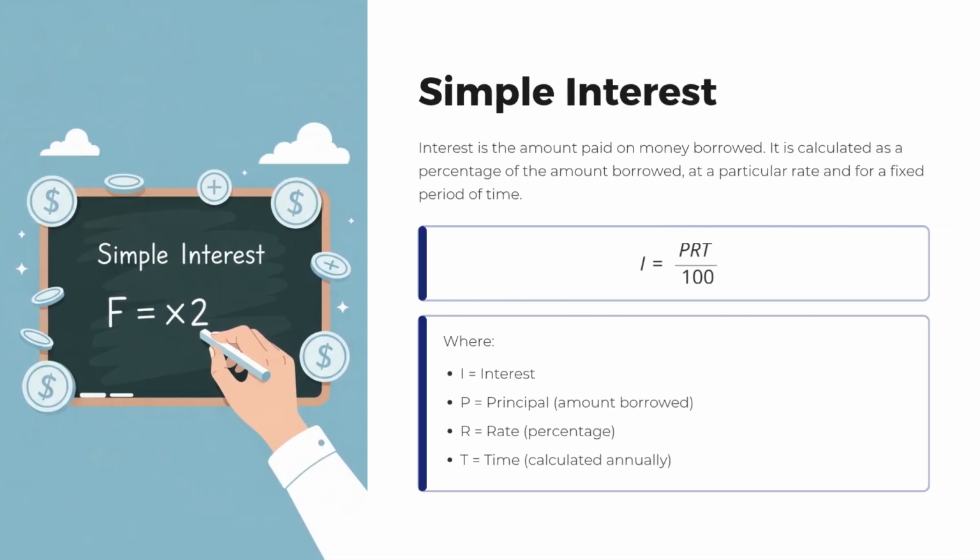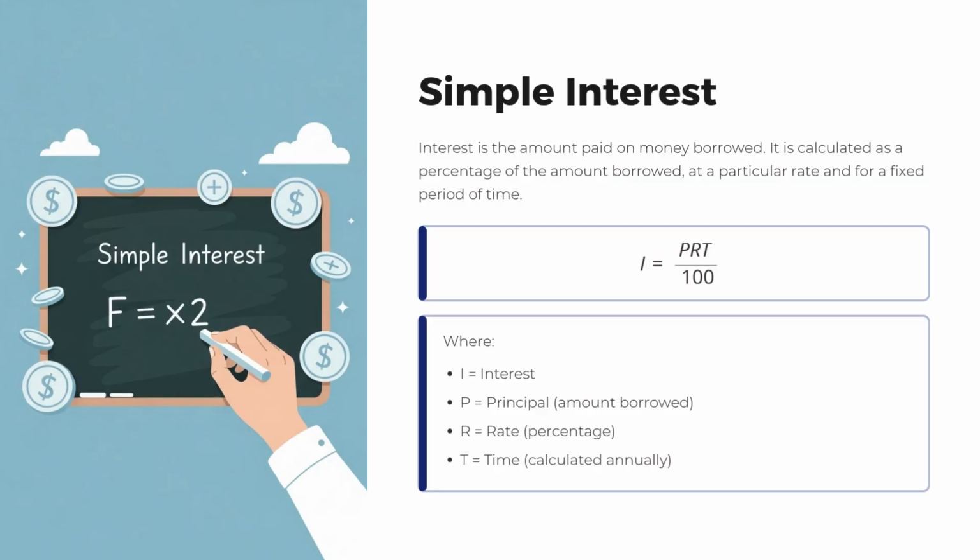Simple interest. Definition. Simple interest is the amount of money paid or earned for the use of borrowed money over a fixed period of time. It is always calculated as a percentage of the amount borrowed, using a specific rate and for a particular time period. Formula. Simple interest equals (principal multiplied by rate multiplied by time) divided by 100, where